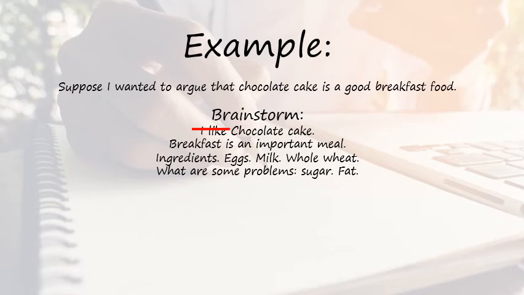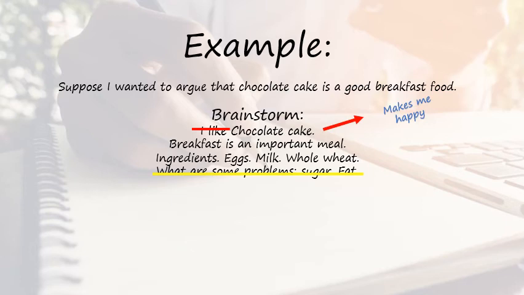So what might we do with it? Well, maybe there's something else we can say about the liking of chocolate cake. Why do I like chocolate cake? Well, say chocolate cake makes me happy. It may sound silly or less important, but think about this. There are studies about happiness. Happy people tend to live longer than people who are not happy. So instead of just saying I like chocolate cake, maybe chocolate cake makes me happy, and happiness is a good thing. That makes for a healthier life generally. Okay, so we can work with that. We're going to work with that idea.